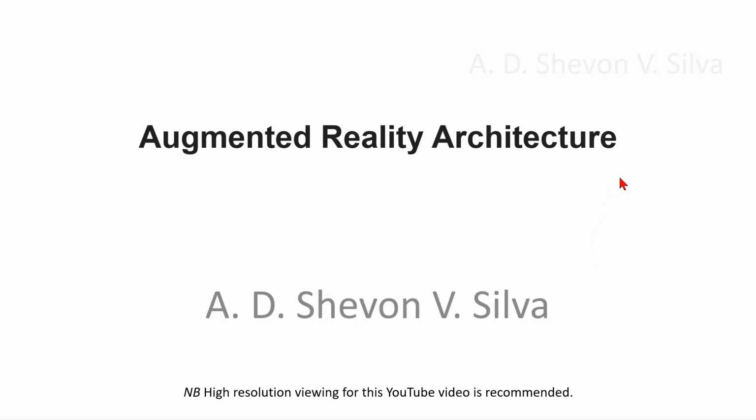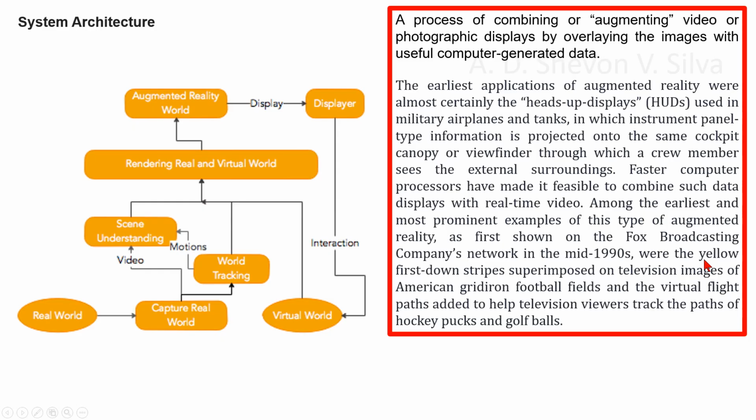Augmented reality architecture. Here you can see the augmented reality system architecture diagram here. A process of combining or augmenting video or photographic displays by overlaying the images with